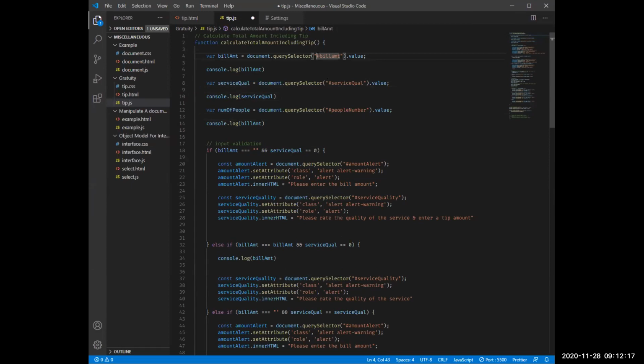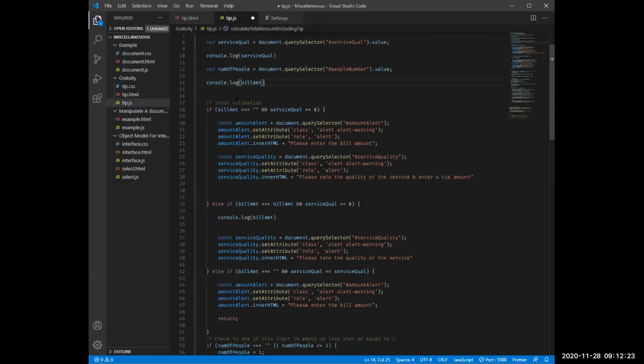It's the same thing. It does the same thing as get element by ID. For me, it just looks better. But I got the value of all of those. Now, in order to validate the input, if the bill amount field is empty, and the